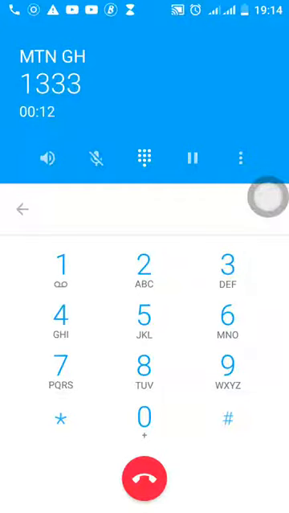They will tell you to input your telephone number. Then you type in your telephone number. After that, they will ask you to type in the code that you want to use for that registration. Then you type in a 4-digit secret number. Make sure you remember that code. I am not doing it because I have already done that and I cannot do it again.